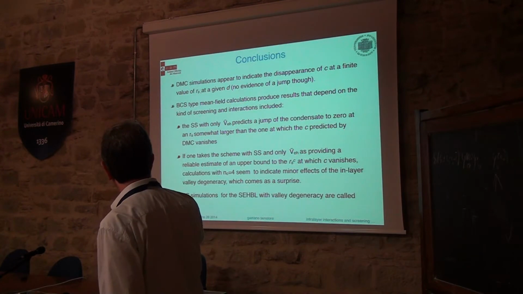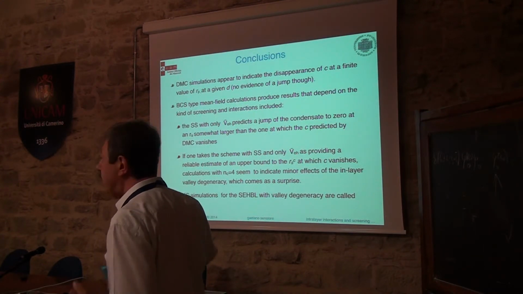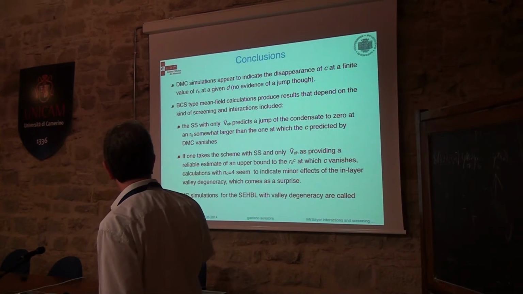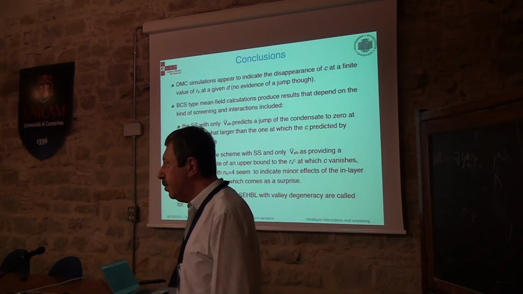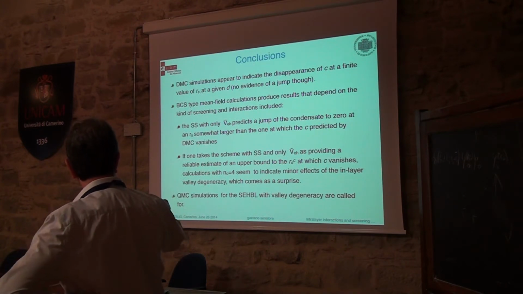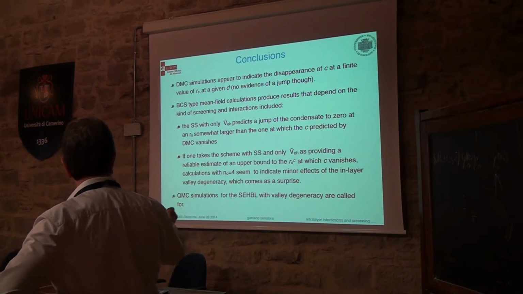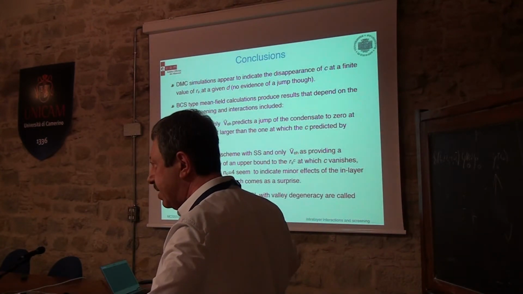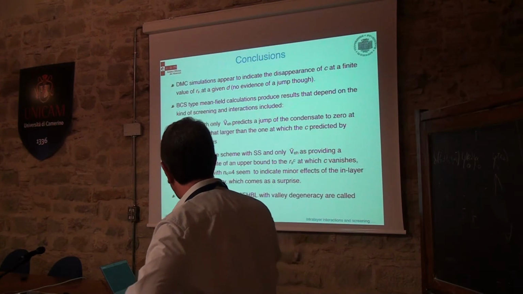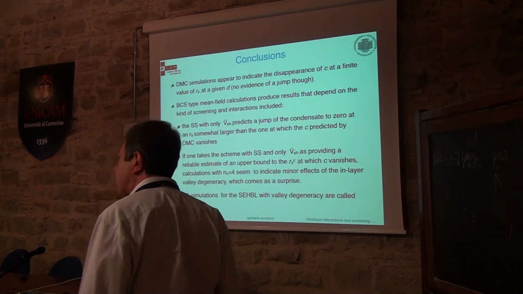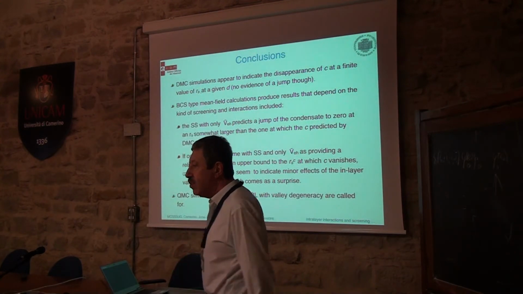The superfluid screening with only the electron hole predicts a jump of the condensate to 0 at Rs somewhat larger than the one at which the C predicted by the MC vanishes, as you have seen. If one takes this scheme, SS plus VH, as providing a reliable estimate or an upper bound to the Rs critical at which C vanishes, let me define this here, calculation with NC4 seems to indicate minor effects of the valley degeneracy, which comes as a surprise, because I believe that